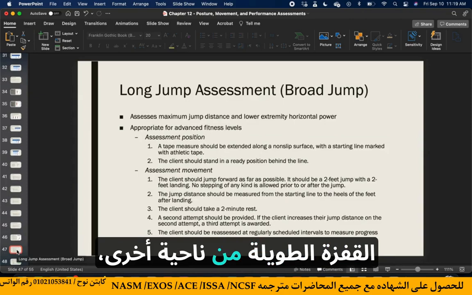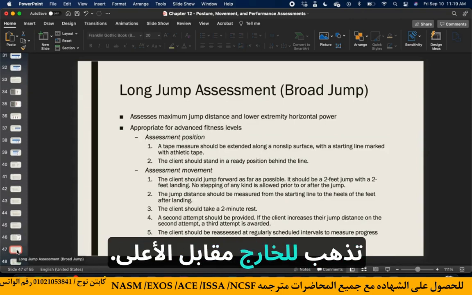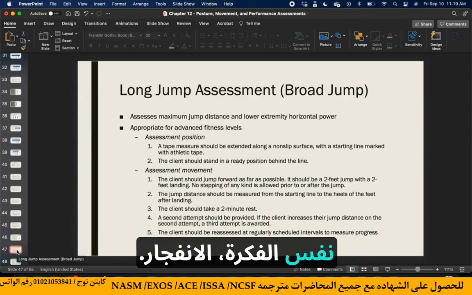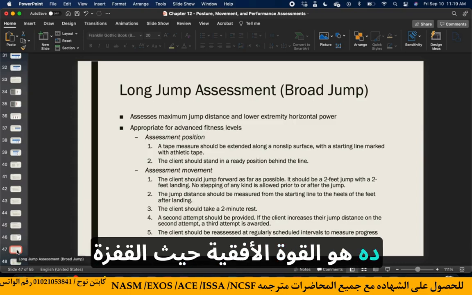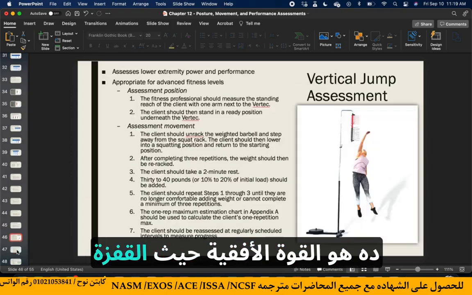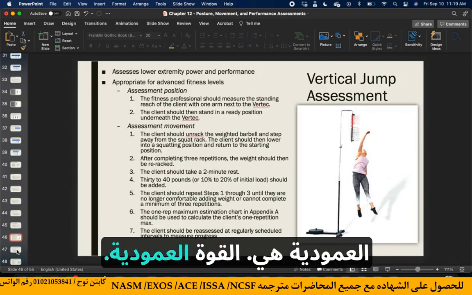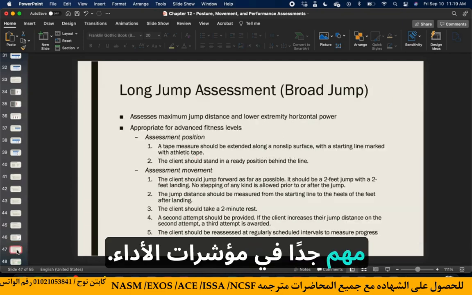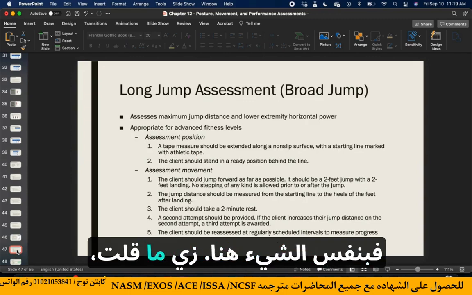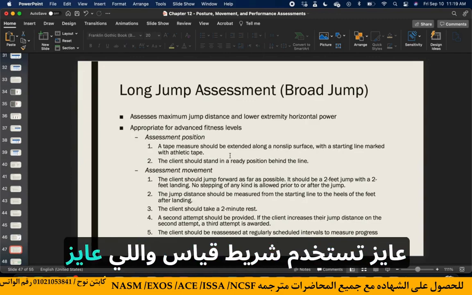The long jump, on the other hand, is going out versus up. Same premise, explosiveness, horizontal. This is horizontal power, where the vertical jump is vertical power, okay? Very big on performance indicators. So same thing here, like it says, they want to use a tape measure, and what you want to do